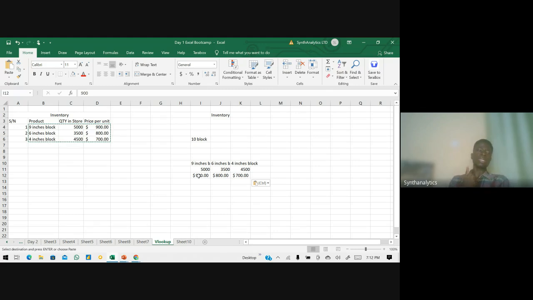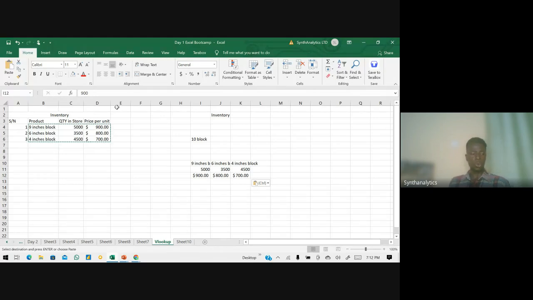So please, your assignment for the last day of the bootcamp: this HLOOKUP. Using your knowledge of VLOOKUP, try the HLOOKUP and submit it to me. I promise you before, and I promise you again, that if you do it, I will look at it and tell you whether you are right or wrong. If you are wrong, I will tell you how to get better on it. But if you are right, that means you understand what you have been doing so far. That will be your assignment.